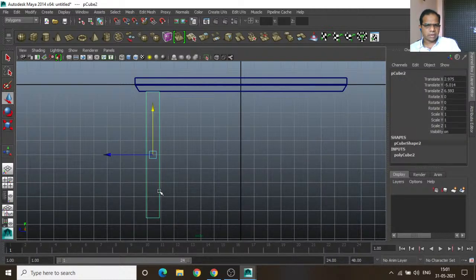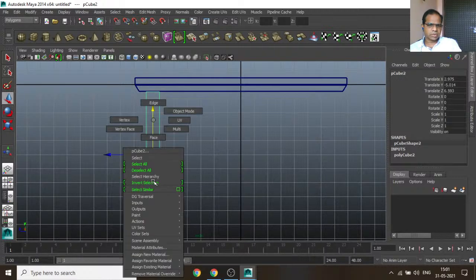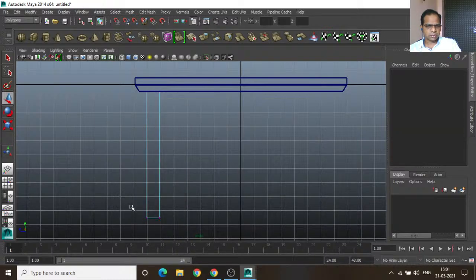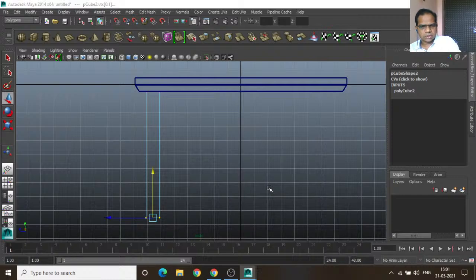Right click, selecting object, and we have to select a vertex. Only selecting down vertex,